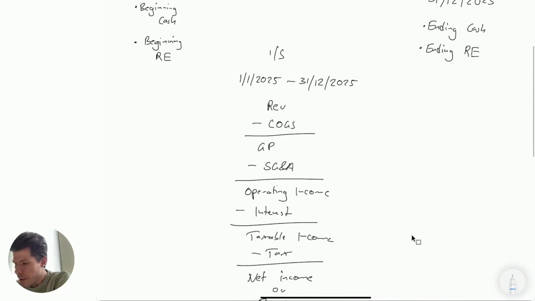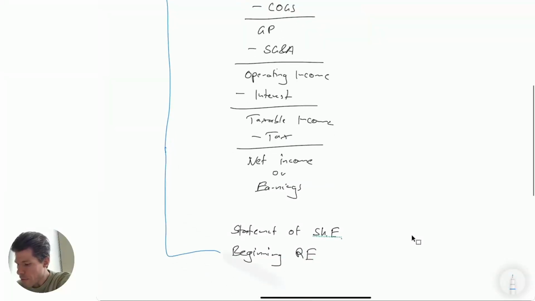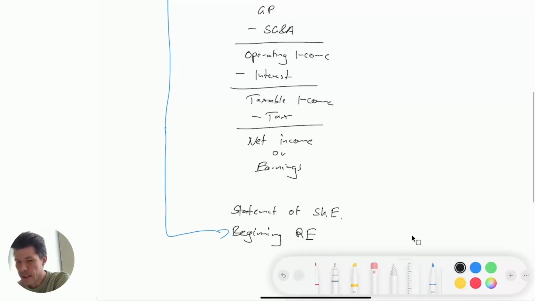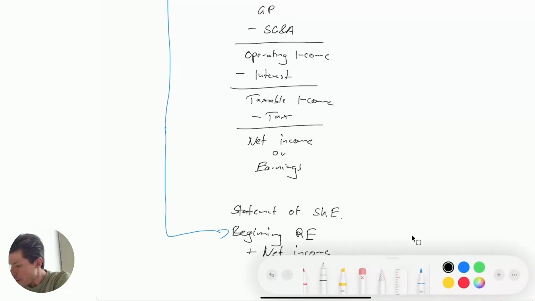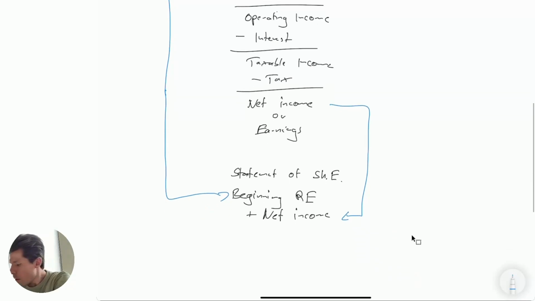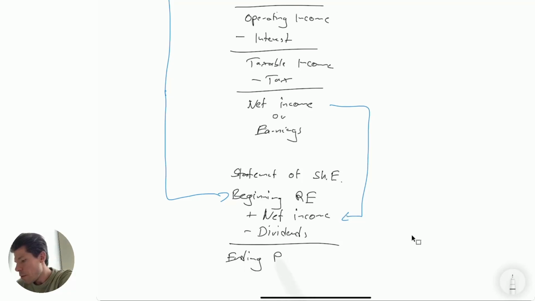Beginning retained earnings basically comes from your balance sheet. So you have beginning retained earnings goes in here. Then you add net income. Net income, as you can see, comes from here. Then what usually happens, if the company decides to pay out dividends, goes in here, and what is left over is ending retained earnings,